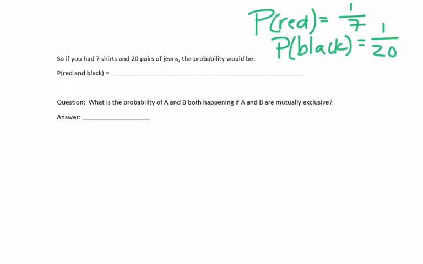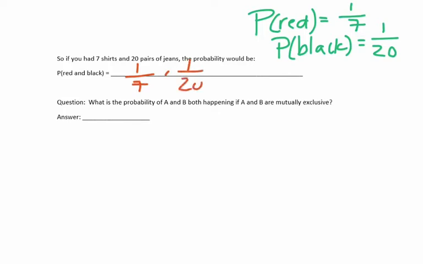Now, if you did happen to have more than 1 pair of black jeans, it would just change the probability there. So maybe 4 of those jeans are black, and so the probability would be 4 out of 20, and it wouldn't actually change anything about how you would do this problem. It's pretty good news. So the probability of wearing the red and the black in this case would be 1/7